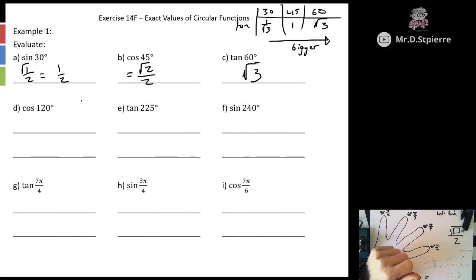Okay, cos of 120. Well, what is cos of 120? We need to think that 120, which is there, is the same as going all the way around 180 and back 60. Okay, so this is that from exercise 14e where we look at symmetry within the unit circle. So that is going to equal, now cos, it's in the second quadrant, negative cos of 60. Yeah, because in the second quadrant it's going to be a negative value, and it's the equivalent of